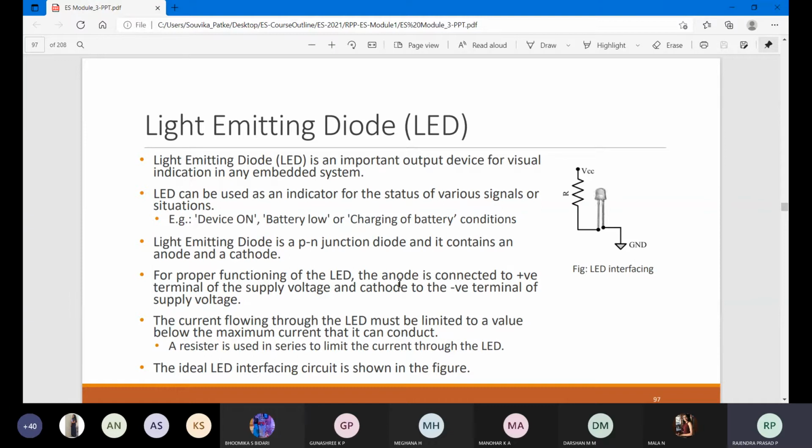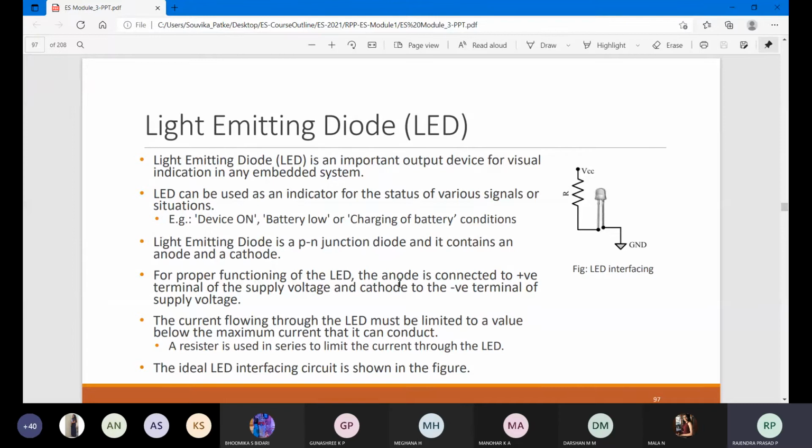In our daily life, maybe around 100 to 150 devices you will be observing, and out of those 100 to 150 devices, almost all of them will have an LED function. That is mandatory. You observe any kind of device, if an embedded system is there, an LED will definitely be present. You can note it down anywhere, you can observe it, right?